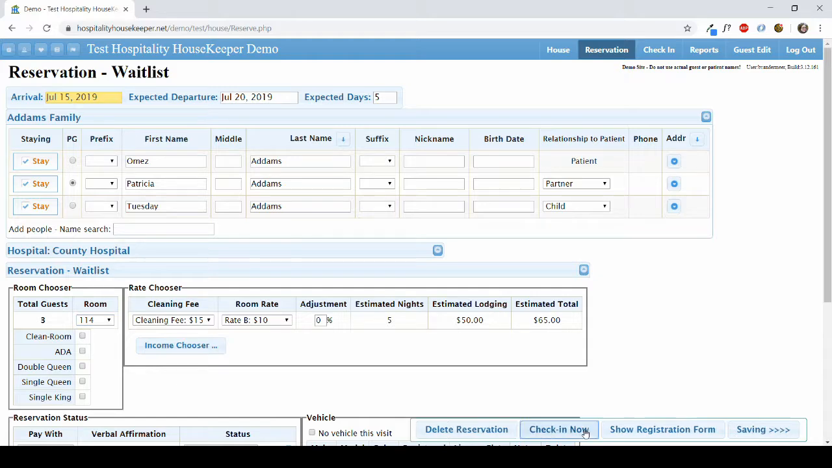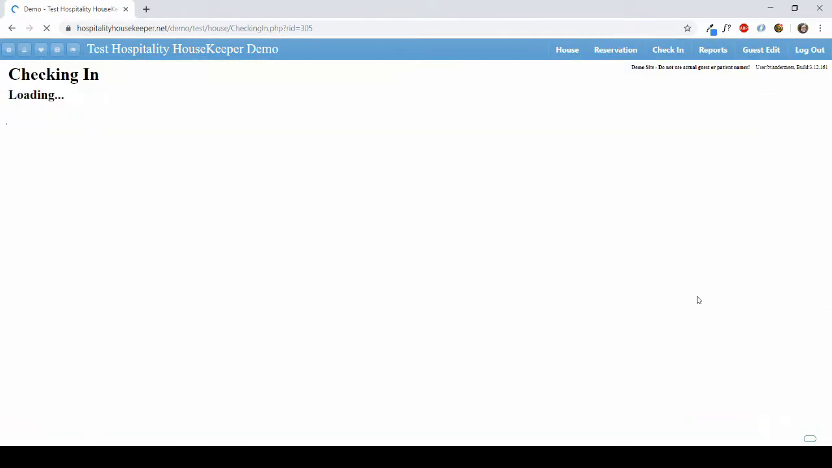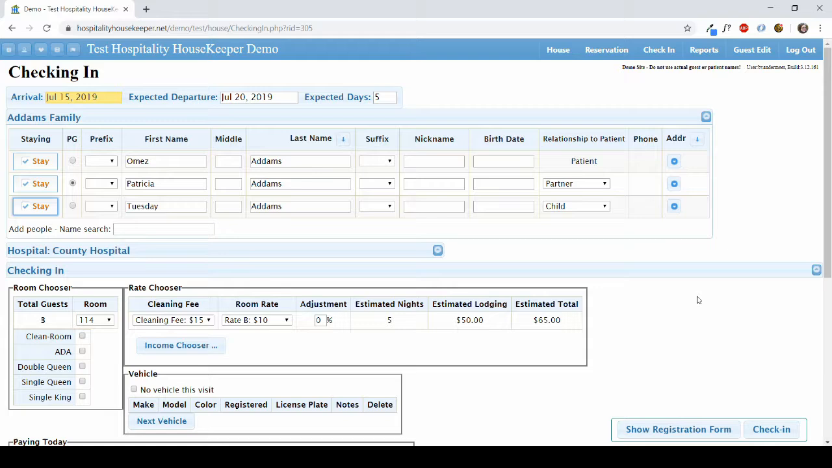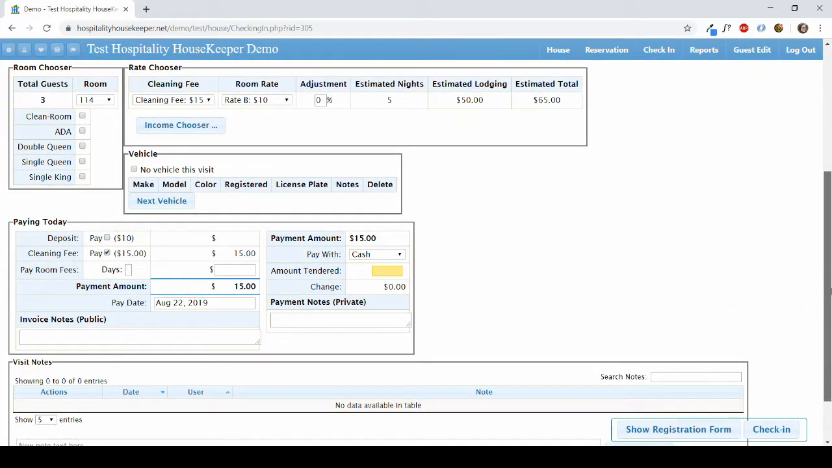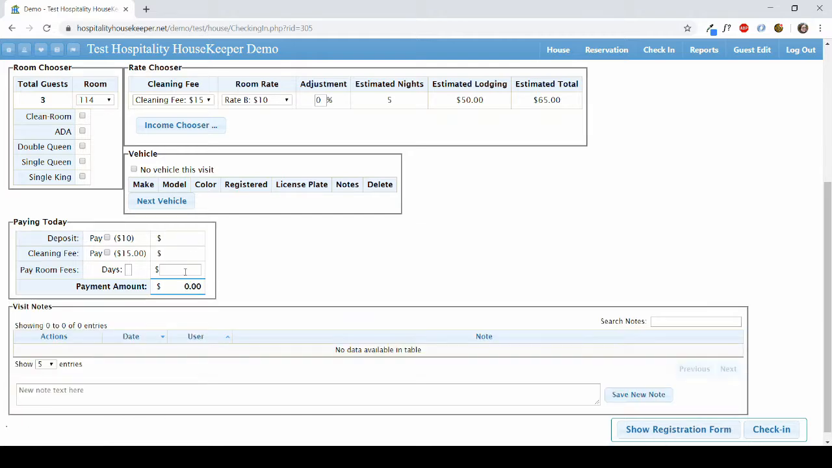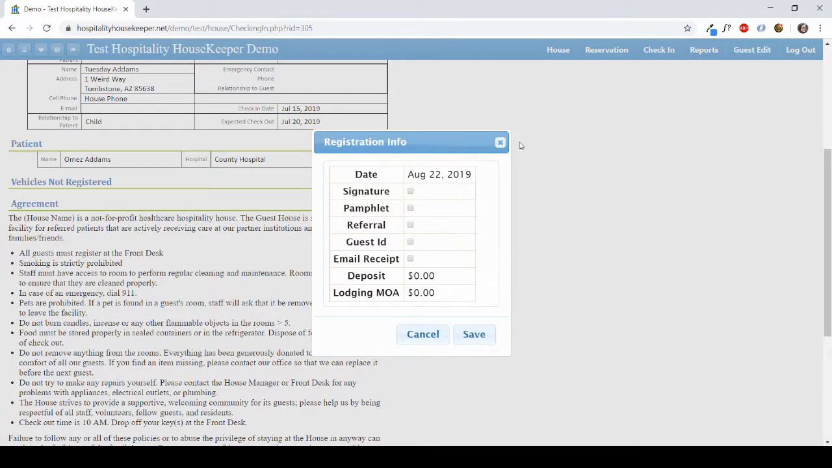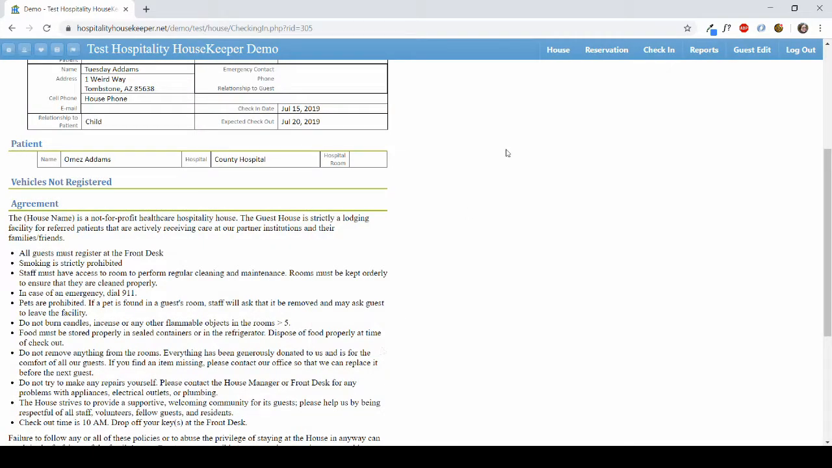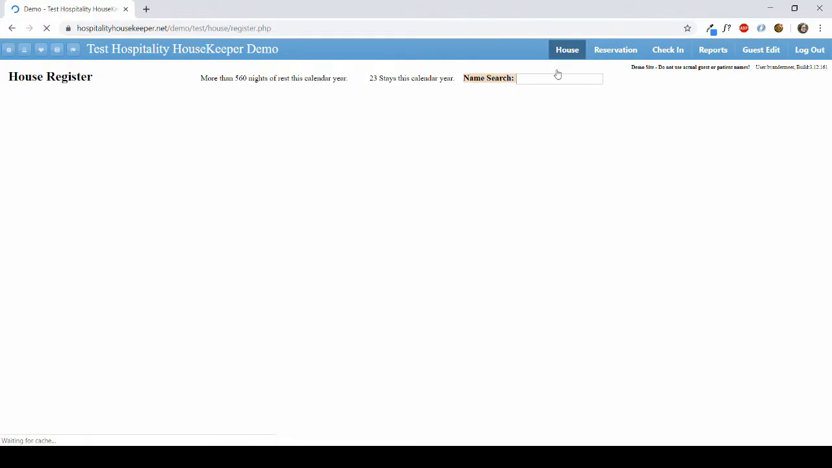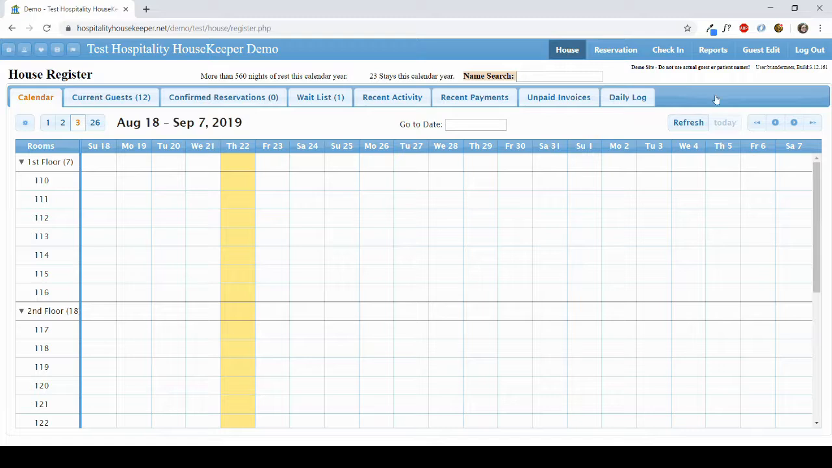And we can go to check-in now. So we already know that all of their information is correct. They didn't actually pay anything when they stayed, so we'll turn that to 0. And we'll go ahead and check them in. You get all of the usual paperwork, which you can do with whatever you need to do. And then if you go back to the house register,